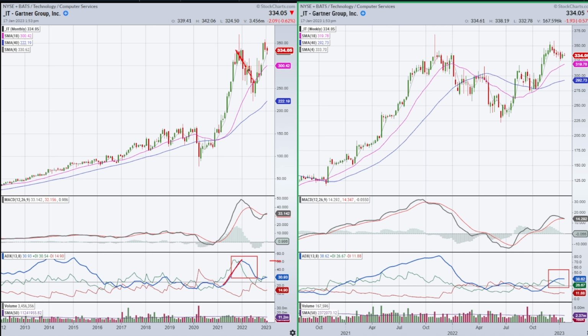And then during this steep correction, the stock went from over 350 down to under 250 over the course of 6 months or something like that. And yet the ADX never dropped below 25. Green stayed above red throughout. This tells us we're in a power trend on the monthly chart. I mean, we've got a powerful